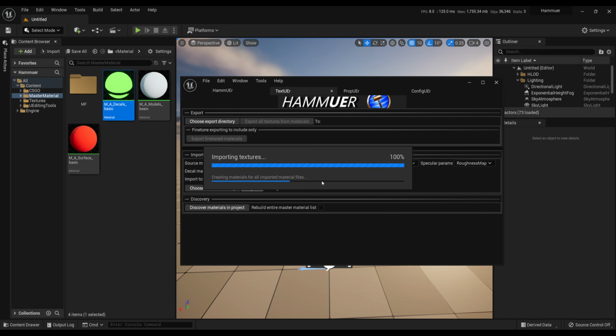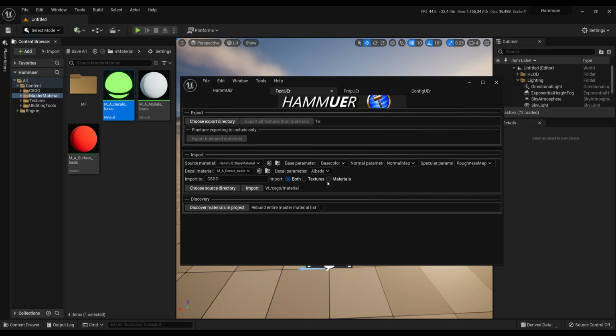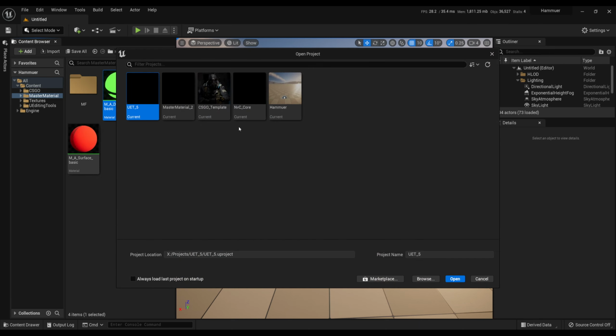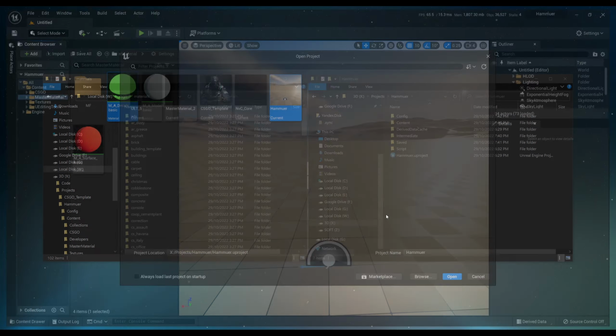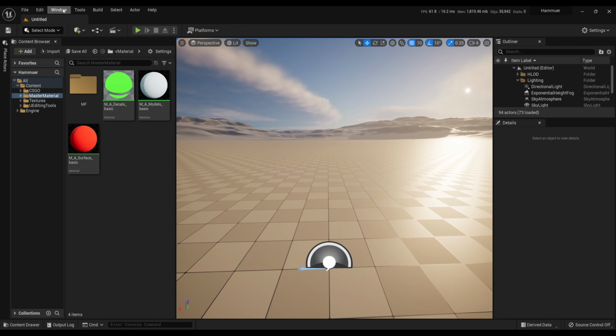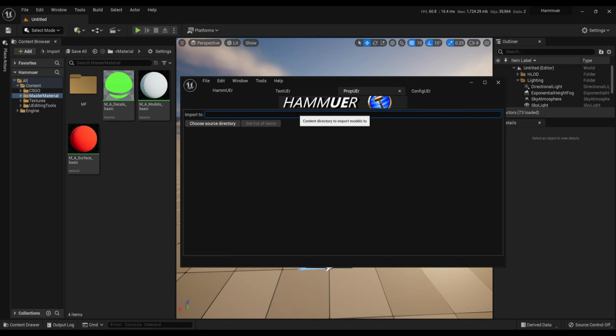Type CSGO here. The plugin will create this folder during import, and hit the import button. After a while, you will be asked to create additional materials. Just press now. Check your RAM's usage, and restart the engine if it's above 90%.